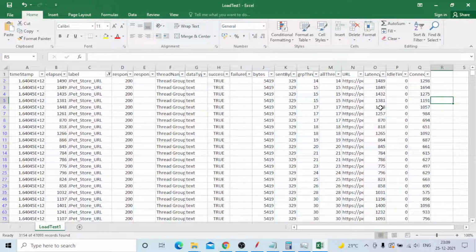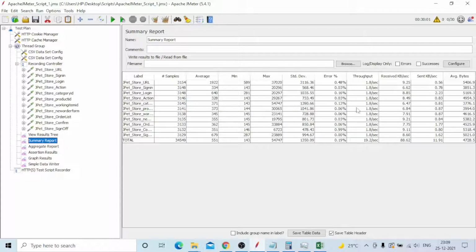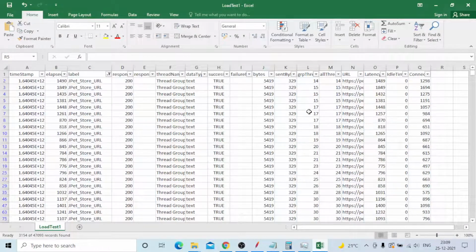And for example, what is the use of this one? And the summary report: what is the difference between this one and this Excel report? The main difference is that when you run one more round of the test, everything will be erased and newly created when the test starts. Everything will be erased. This one is not that type. This one is the same. You need to save this one to some other folder and give it a meaningful name.